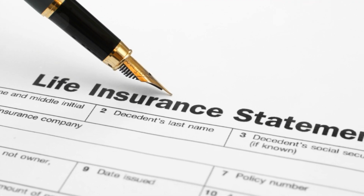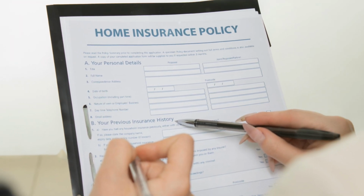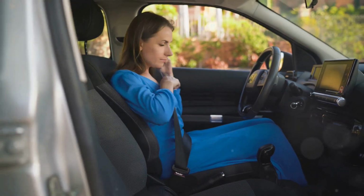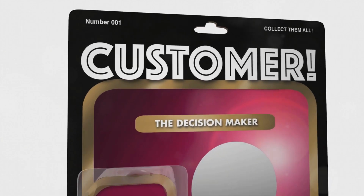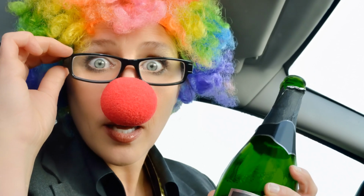Now, we know that insurance can be about as much fun as a root canal, but it's a necessary evil in today's world. But hey, at least we've tried to inject a little humor and clarity into this often dry topic. Remember, knowledge is power, and now you're armed with the information you need to make informed decisions about your collision coverage. So go forth,